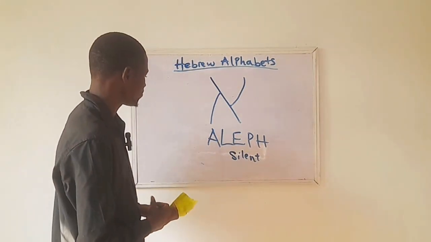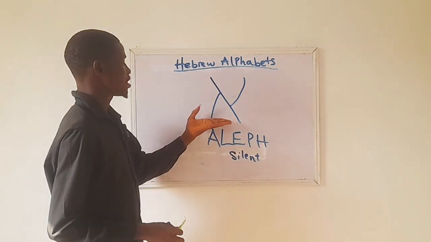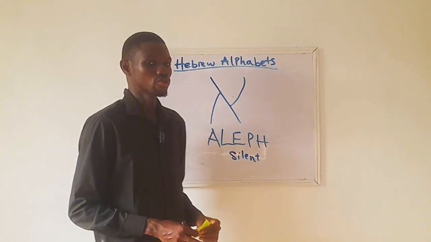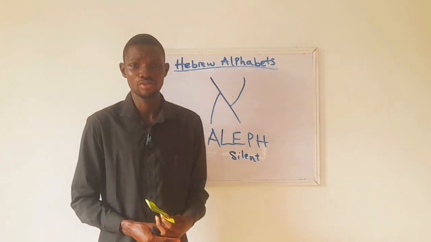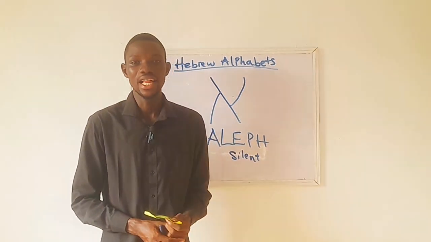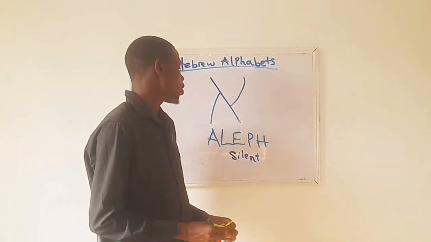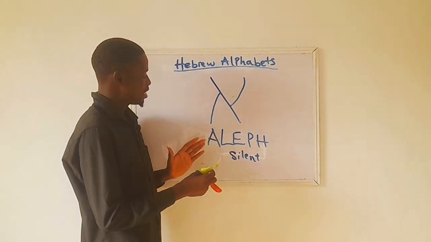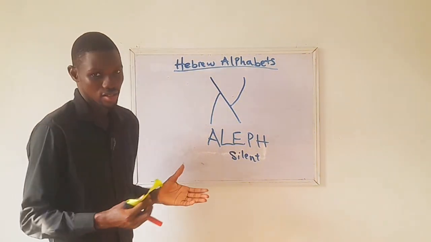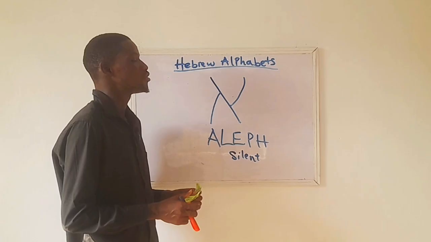Okay, moving ahead. The Aleph is silent. It is believed that it has a way it was pronounced before, but over the years, people lost the sound of the letter. So we don't know the pronunciation anymore. And also, whenever you find it in the beginning of a word, it's silent. It's the vowel sound